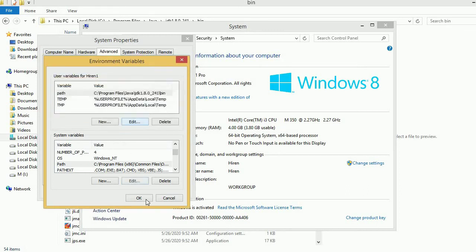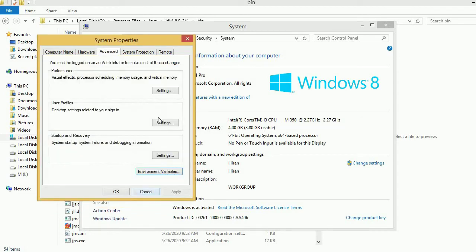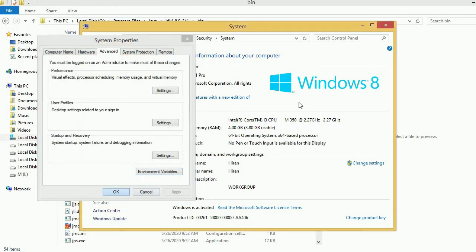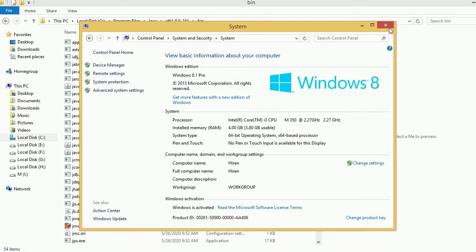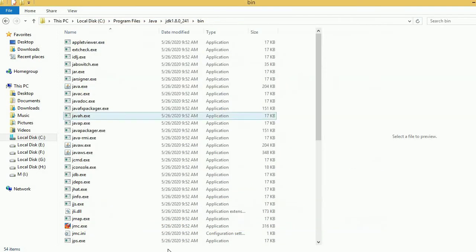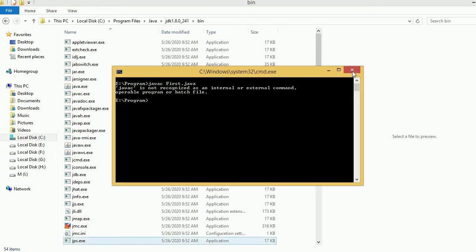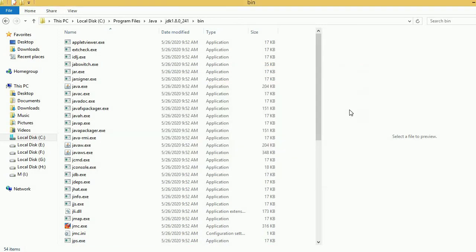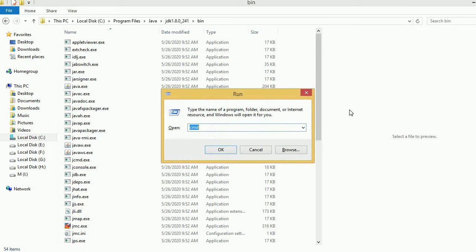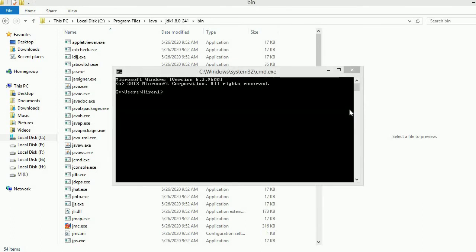Now my environment variables are ready for execution, right? Now we have to see whether the environment variables are set or not. But for that I have to close the previous command window and open this command window again, then I can see whether my command is working or not.